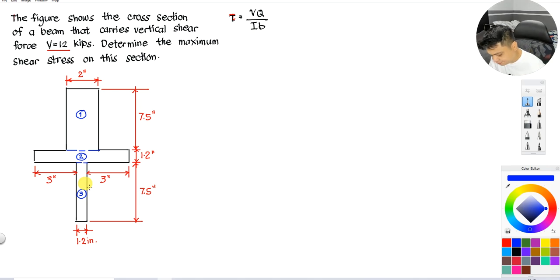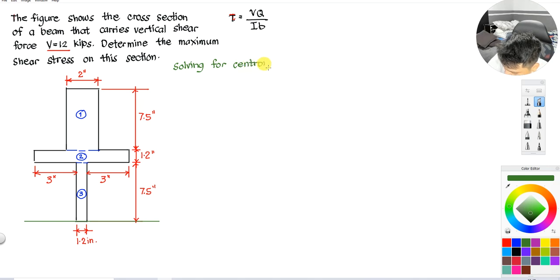Okay, now before we can get the moment of inertia, we need to know the centroid of the cross-section. So the easiest is that I will just base it on the bottom. Okay, I will have that from there. Then we will look for the bar Y. So to solve for the centroid from the bottom,